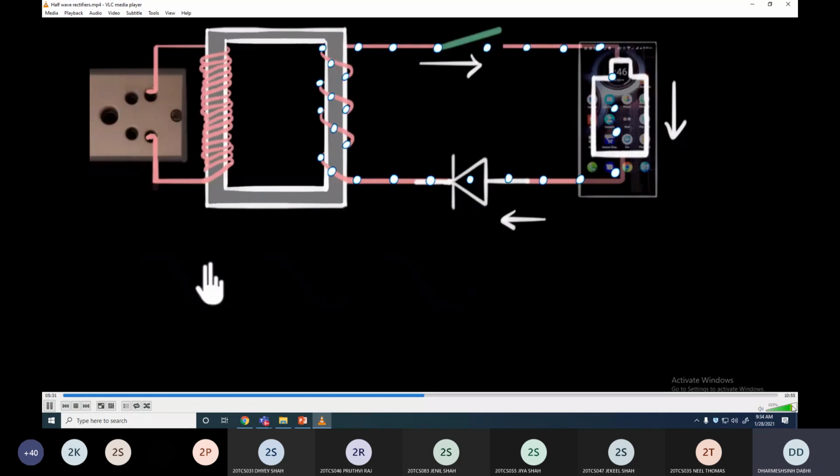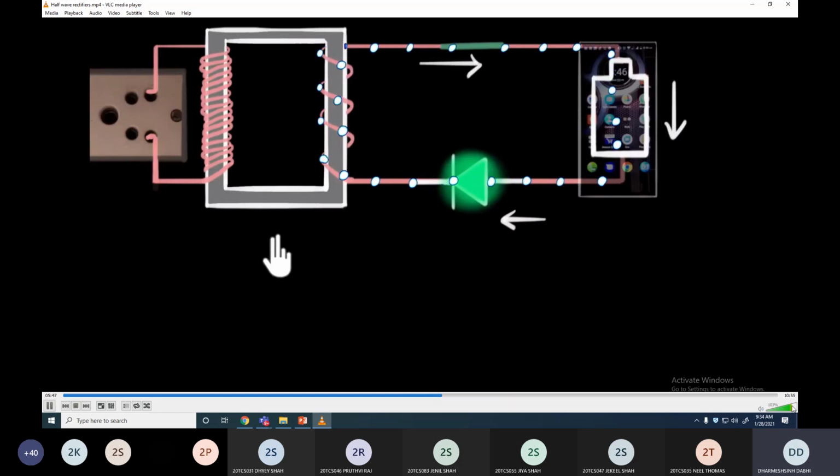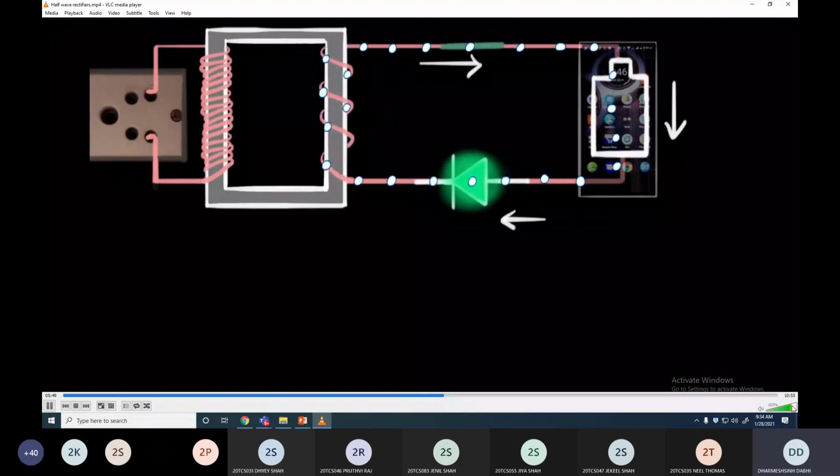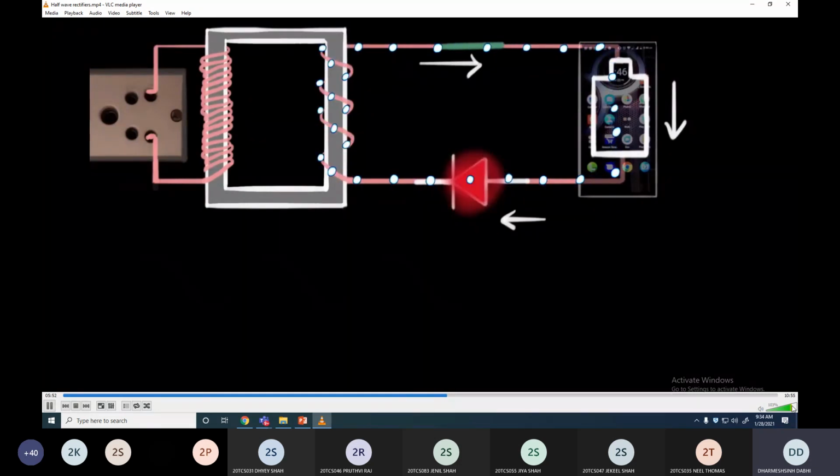Now, if we close the switch, let's go ahead and do that. Then when the current is trying to flow in the clockwise direction, our diode is going to conduct, and I'm going to give it a green signal. It's going to conduct. But now when the current tries to flow in the opposite direction, nope, it won't allow. The diode will not allow the flow. And so again, when it tries to flow in the clockwise direction, the diode conducts. And again, in the opposite direction, the diode doesn't conduct.